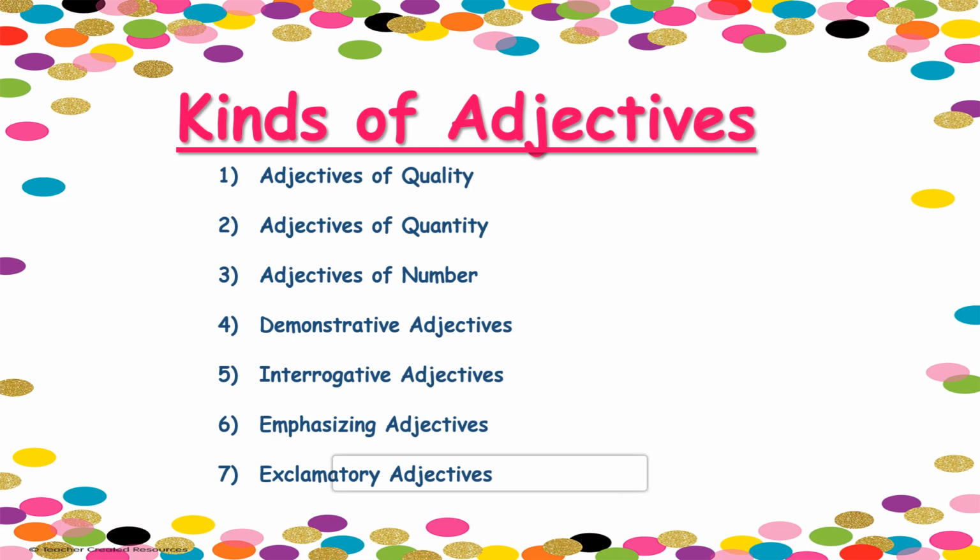Interrogative adjective, WH words. And emphasizing adjectives, used to stress something, for example very, own. Okay, these words. And then exclamatory adjectives. So these 7 kinds of adjectives are there, which we are going to discuss in the next video one